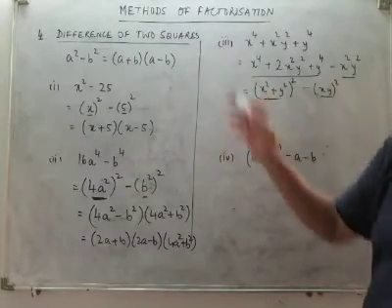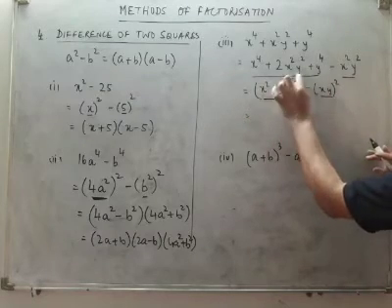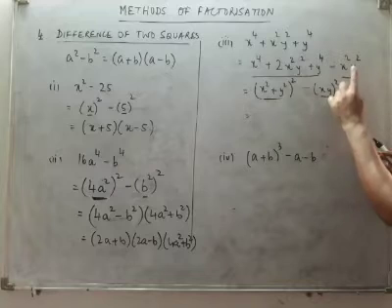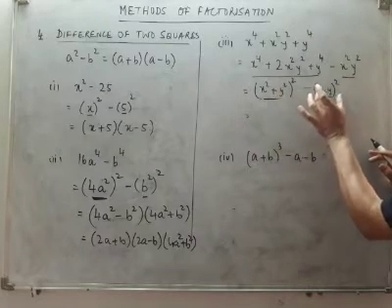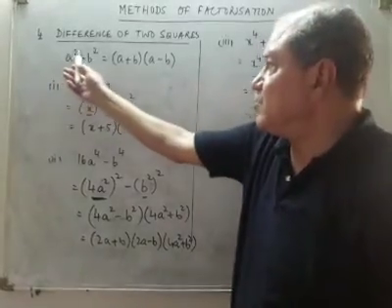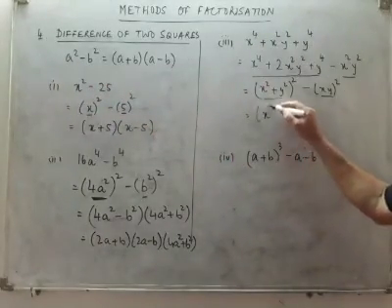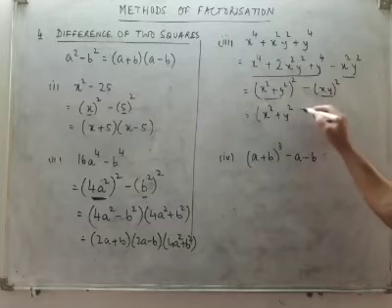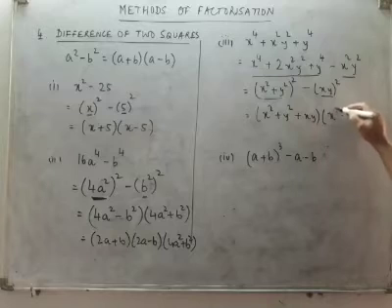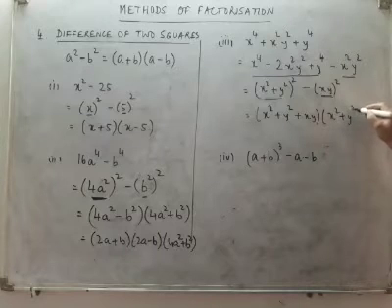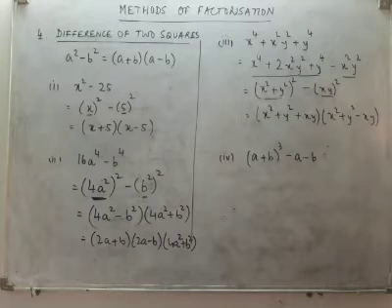You remember I told you what is the first thing to obtain? A first term square minus a second term square. The first term square, second term square, the first term and the second term. Once you have been able to identify the first term and the second term, all you have to do is the first term plus the second term into the first term minus the second term, and you obtain the factors.